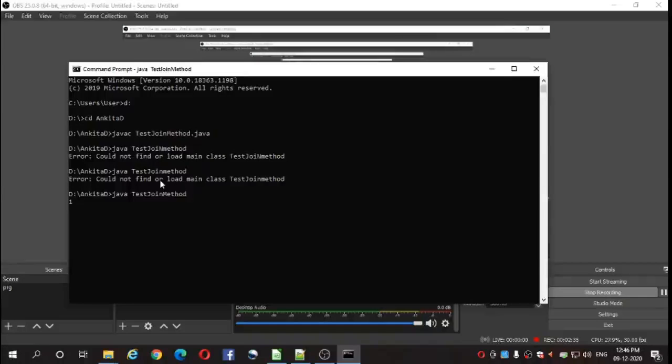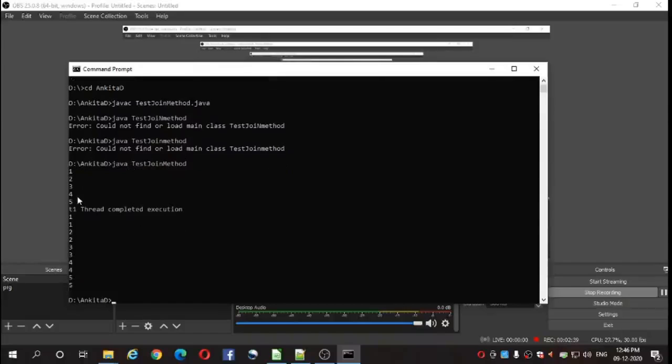Press enter. It is showing the numbers 1 2 3 4 5, and after that the message is displayed: T1 thread completed execution. After that it is displaying the numbers not sequentially.